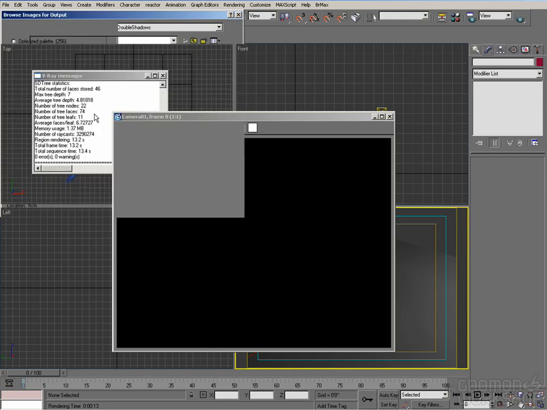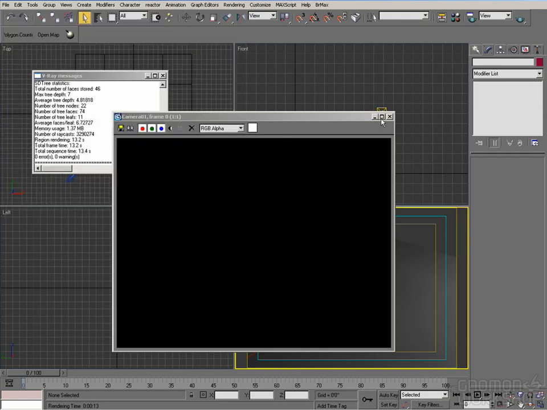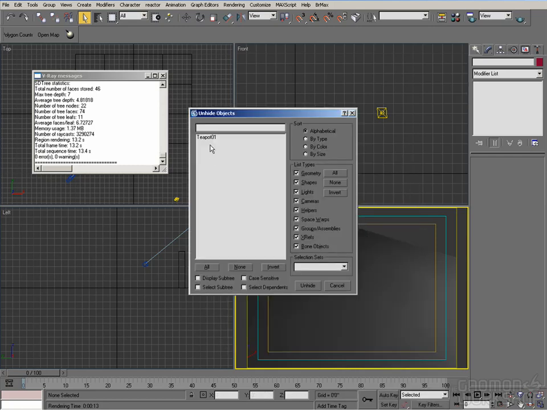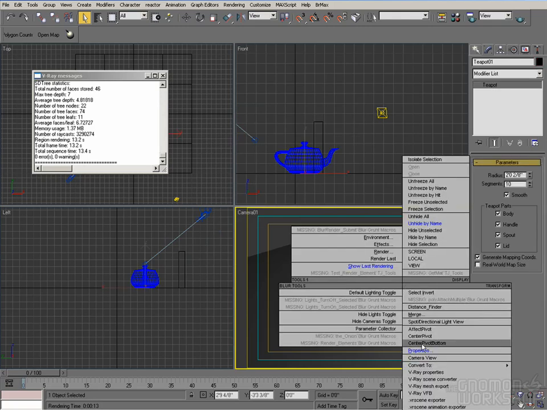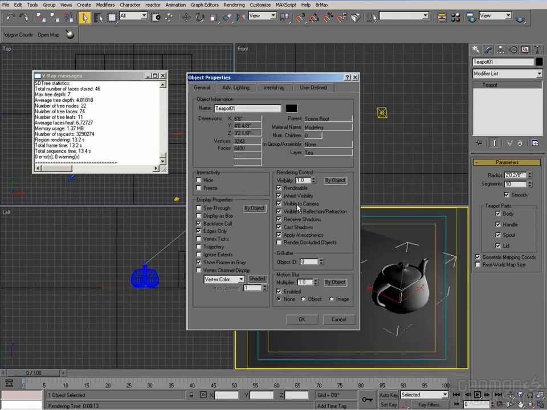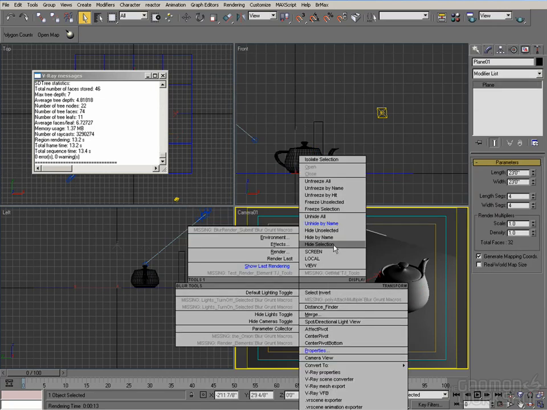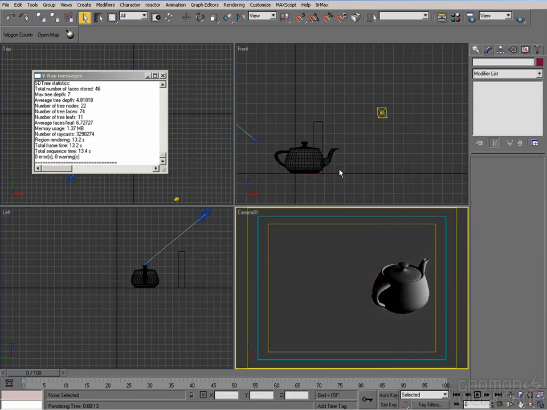So we'll save that out. Alright, and now we need to get the teapot in there, so let's unhide the teapot. And we're going to change it back so it's now visible. We don't want the ground, so let's hide the ground. So all we need to do is get the teapot, and we need the shadows that hit that teapot as